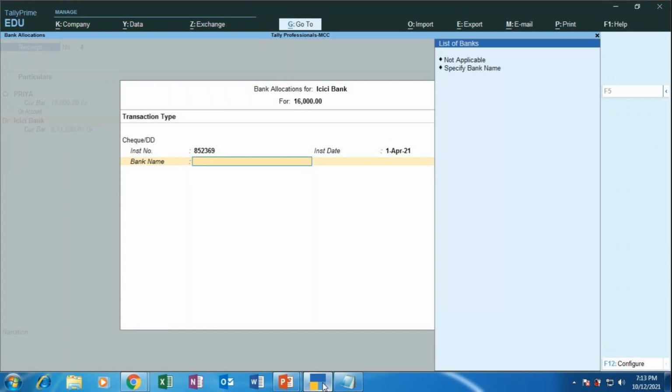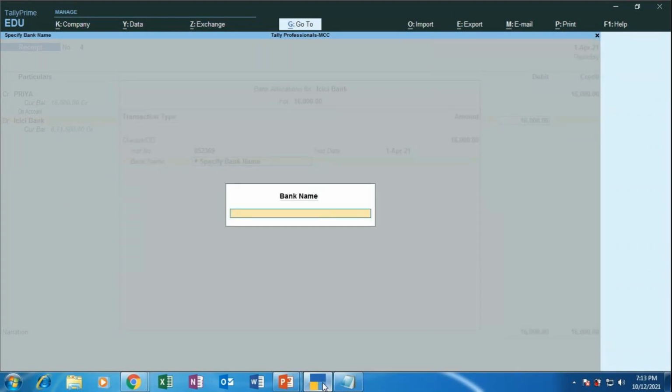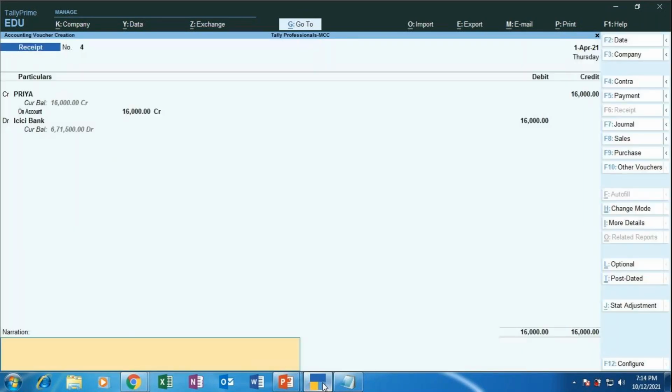So space bar, specify the bank name, type the name as State Bank of India, press enter,